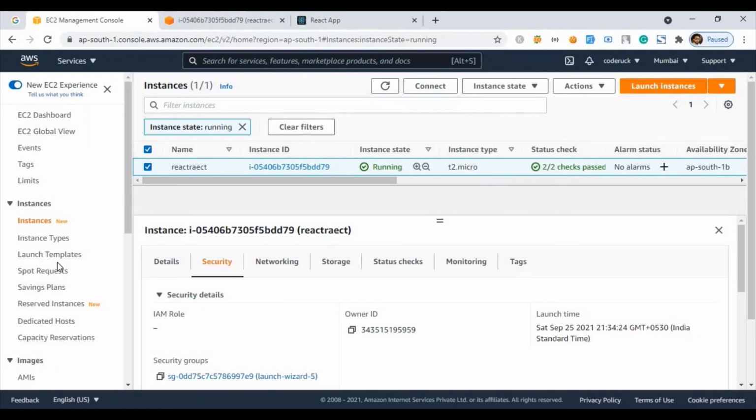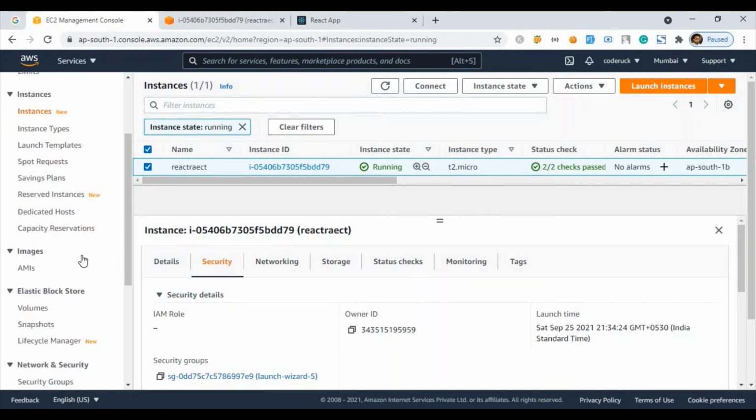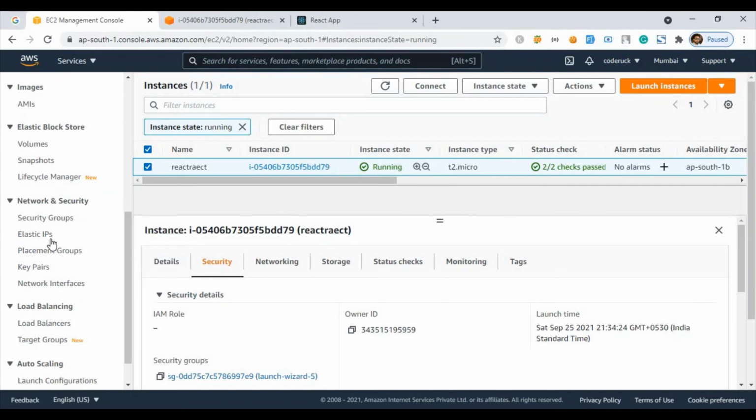For that, AWS gives you the flexibility of an option called elastic IP. Once you connect your instance with an elastic IP, it will give you a fixed IP. So no matter how many times you reboot or restart, that IP will be fixed for that instance and will not change in any way.